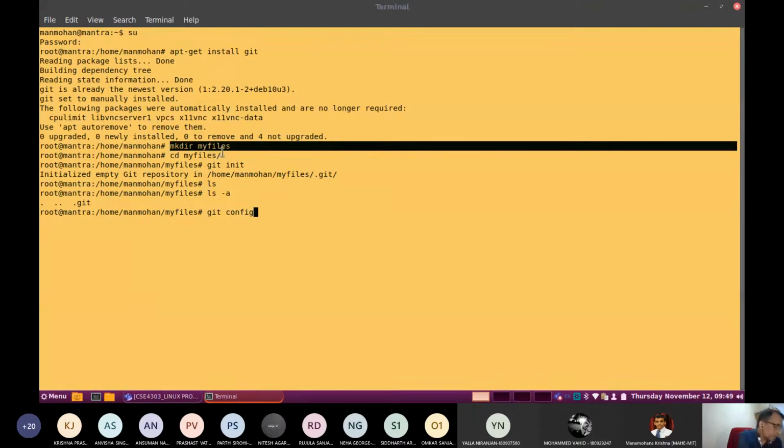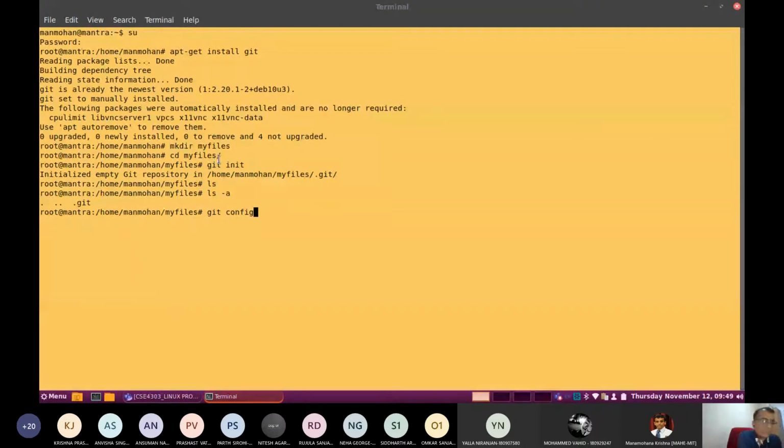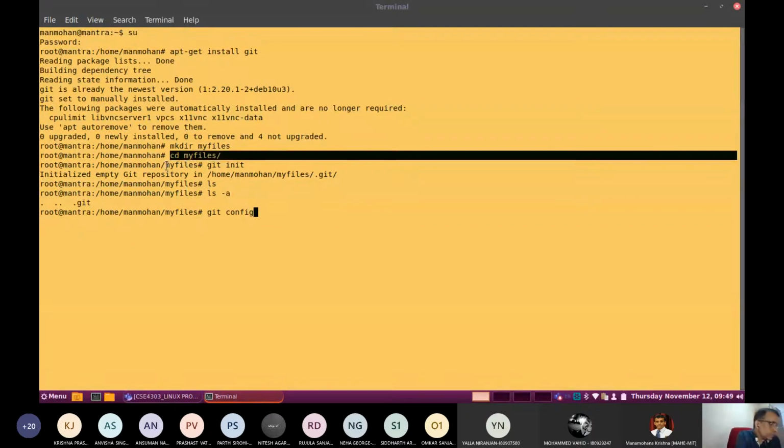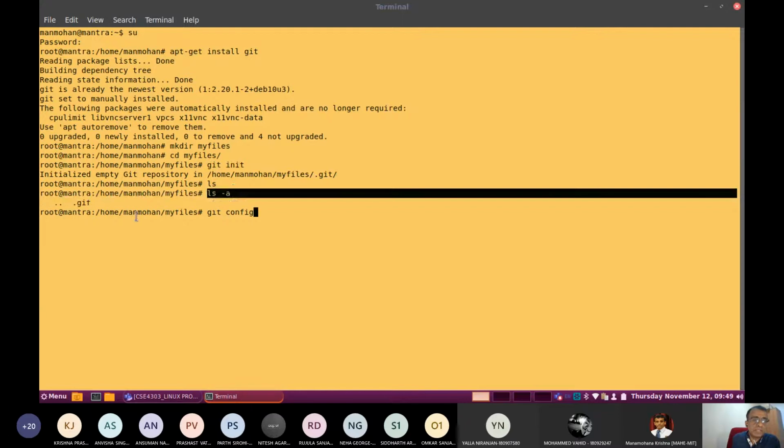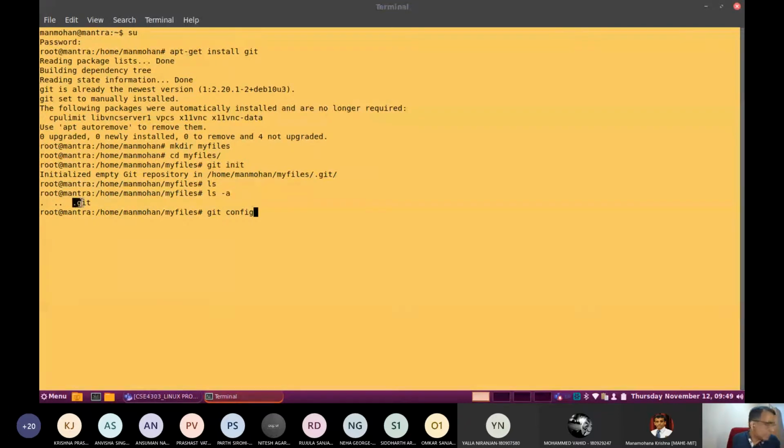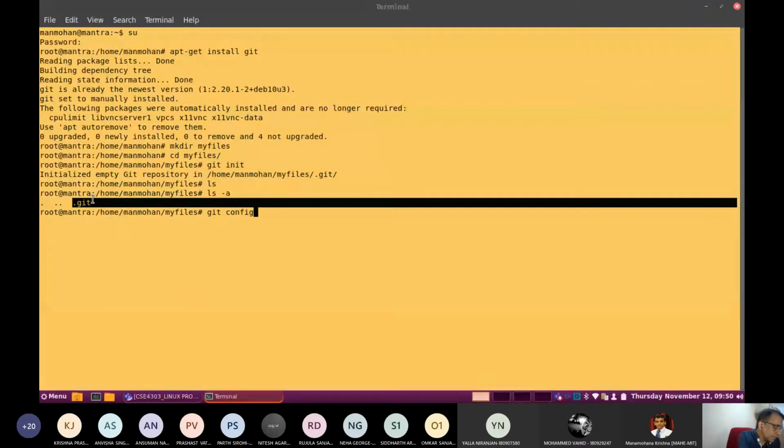After doing that, you have to initialize the Git folder with the git init command. After that, you can verify the content of that folder. You can notice that there is one hidden file, that is a configuration file. Then at this stage, you need to go for configuring the Git repository in your computer.